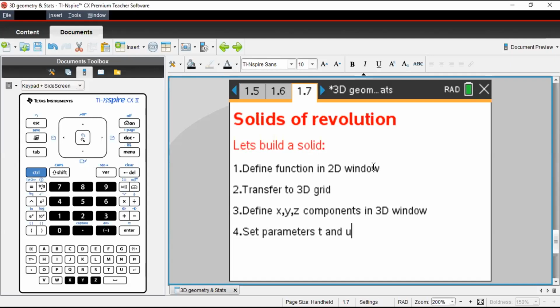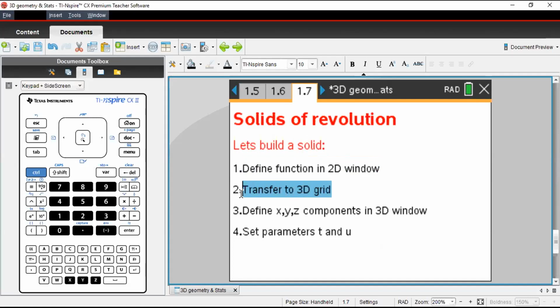We will now proceed with the solids of revolution. We will try to build a solid that we are familiar with and then take it to the 3 dimension. So we are going to follow the procedure that I have outlined here, how to create the solid. We are going to define the function in 2D window and then transfer the function to a 3D grid.